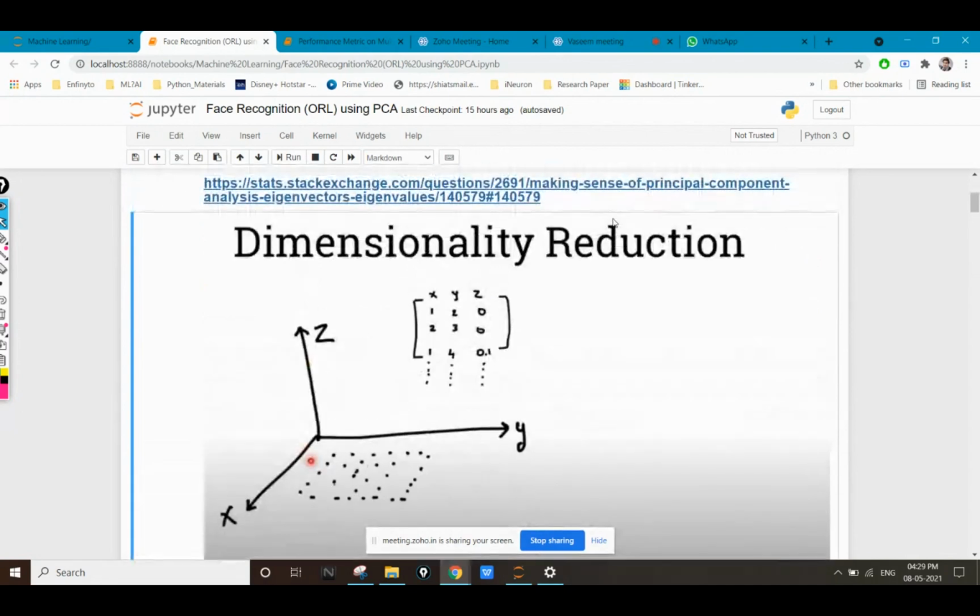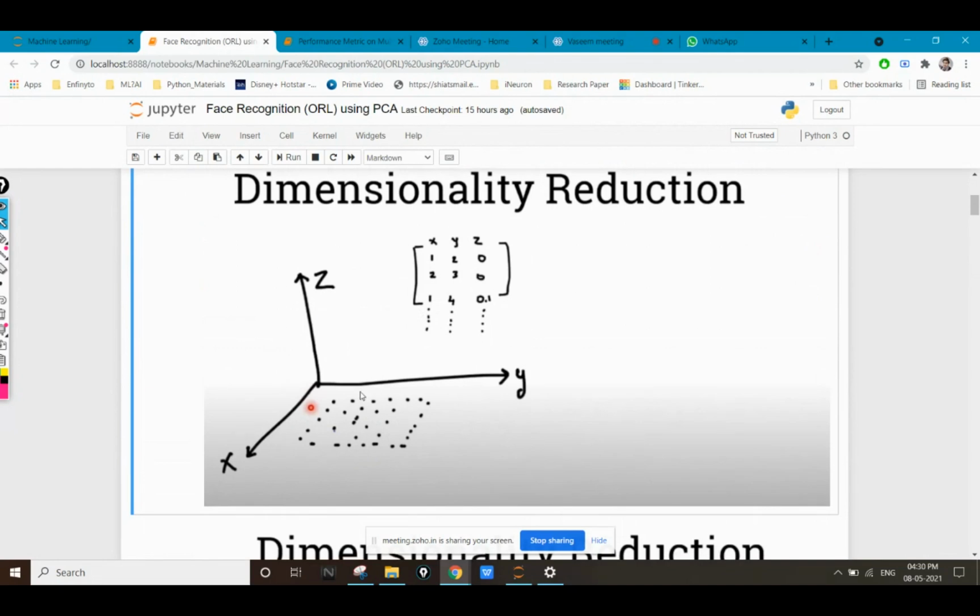But on the other hand, photos have larger values, larger dimension, and larger size, so they take a higher amount of time. So to decrease the time and to increase the efficiency and accuracy of our model, or to decrease the total time taken by our model, we use a concept known as PCA, principal component analysis. Okay, in which we try to reduce the dimensions.